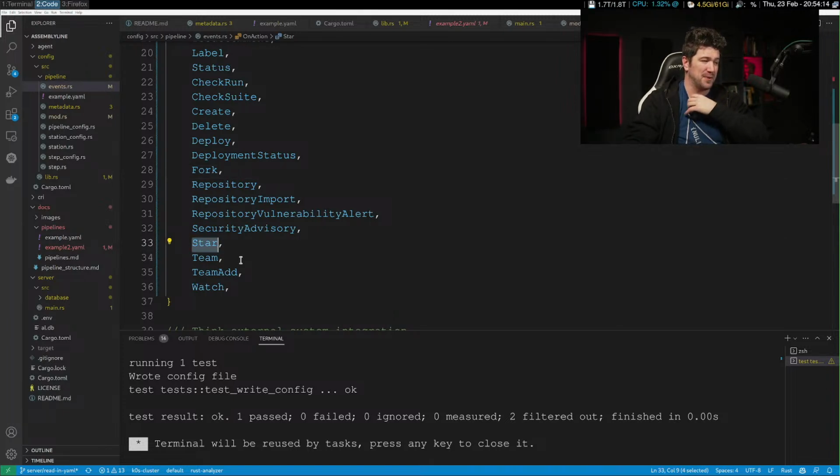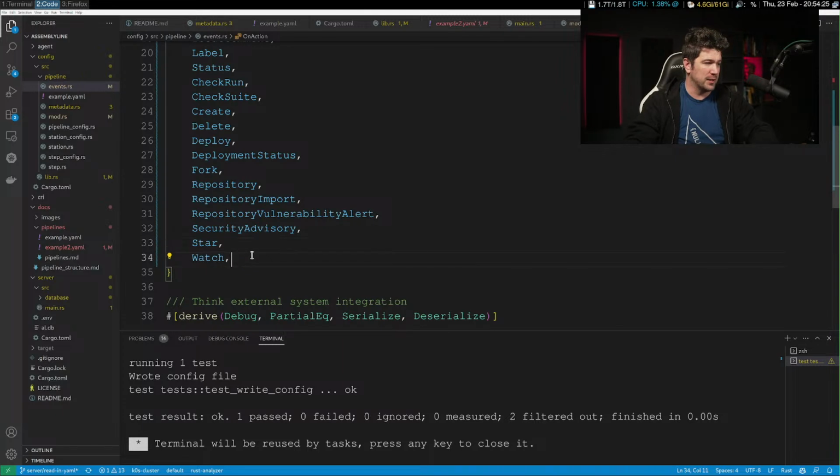Star I think is frivolous, but I do think that people would like to be able to access that. Like, how many stars do we have? Team, I don't know. Team add, again, no. Watch, yeah, you could do stuff. I wouldn't do anything on Star Watch, but I could see people doing stuff on Star Watch.